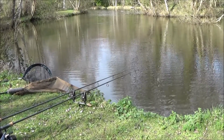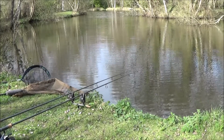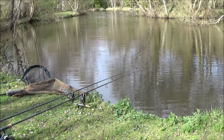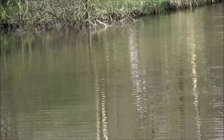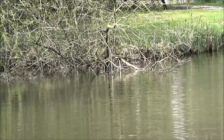Right, quick status update for you. Not a lot's happened. They've stopped coming up in numbers for the mixers over to my right after I had that fish. There's been the odd one, but there's no significant feed in. So now what I've done is I've done the 3-rod trick to get a bait right underneath that tree there, that dead tree, with a little handful of corn around it,